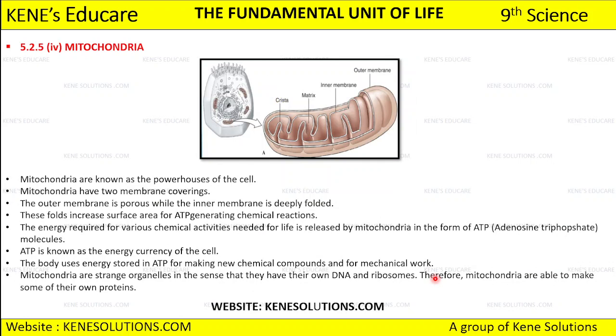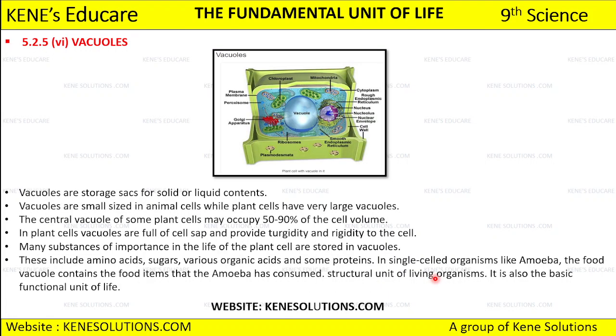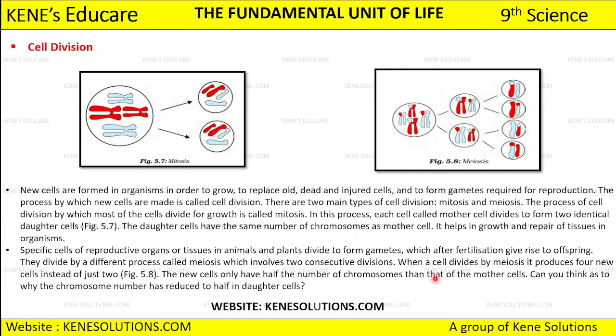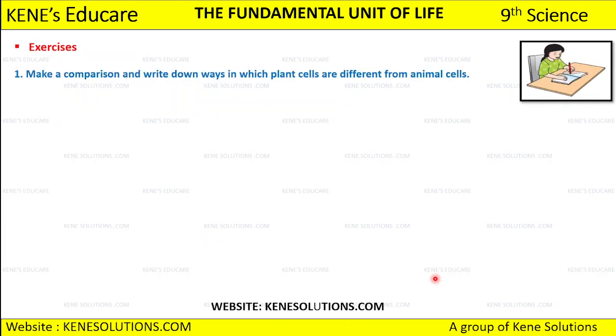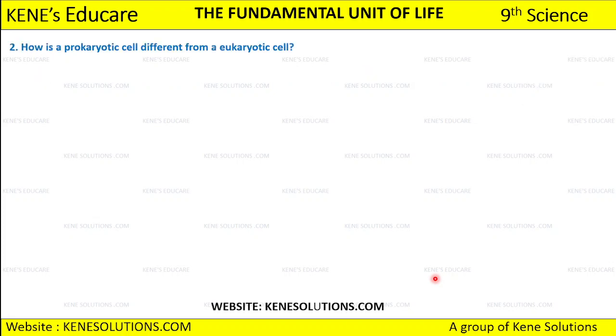Okay, so in the next class we are going to discuss mitochondria. After mitochondria we have plastids, vacuoles, and then the cell division process which includes mitosis and meiosis. So the next part can be the last part for this lesson as well, where after completing cell division we are going to discuss, like in a short summary, what all things we have learned in this lesson: fundamental unit of life, and after that we're going to discuss the 10 questions which have been given, like we will be making a comparison table between the plant cell and the animal cell, then a comparison between prokaryotic cell and eukaryotic